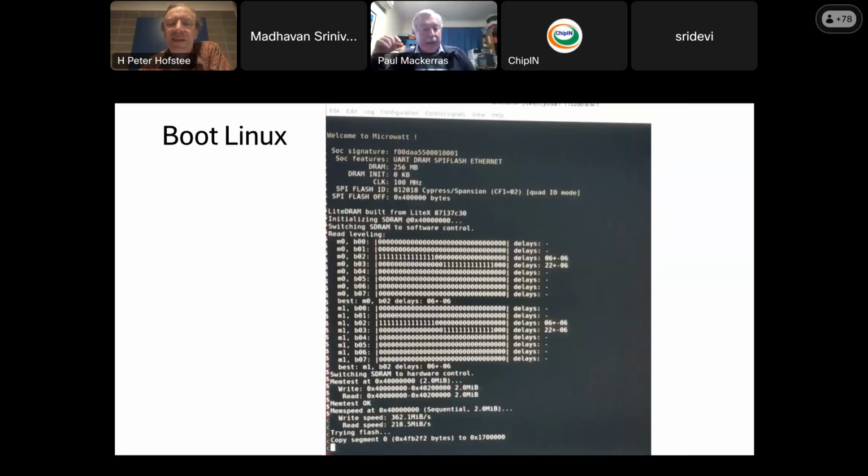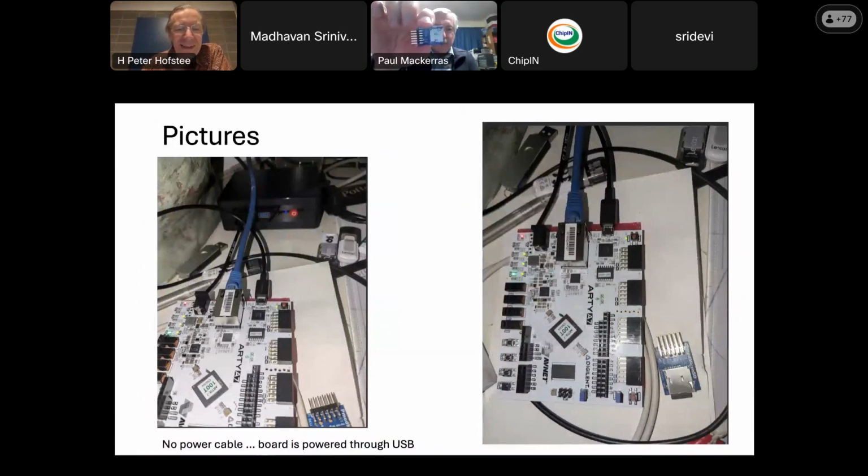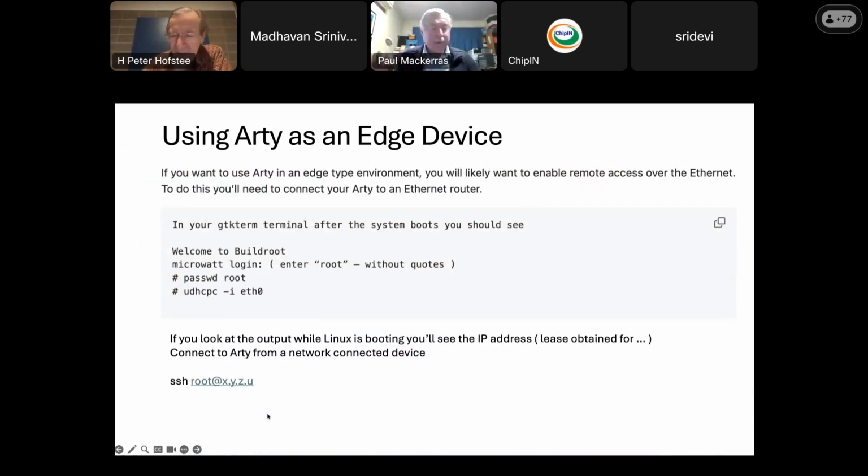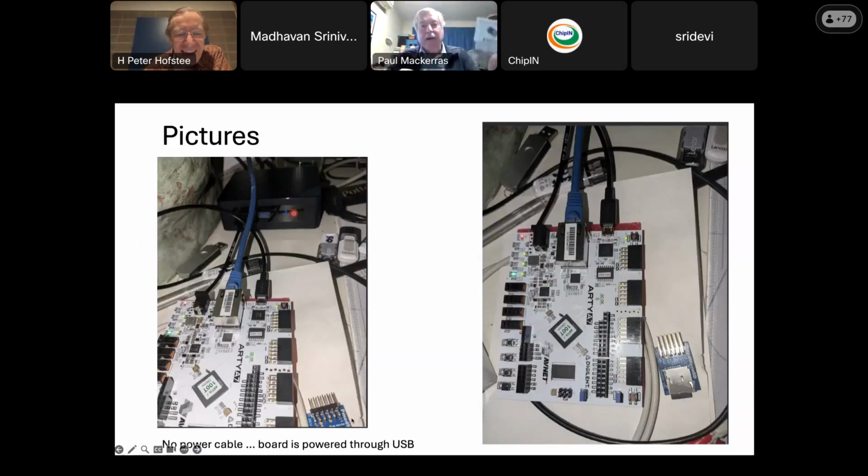I will mention that the default build, as of the master branch of Microwatt, has got support for an SD card interface. And what you do is you buy one of these PMod SD cards, and they're like $5 or $10 US. You plug it into the current thing, the JA PMod port, like that here,